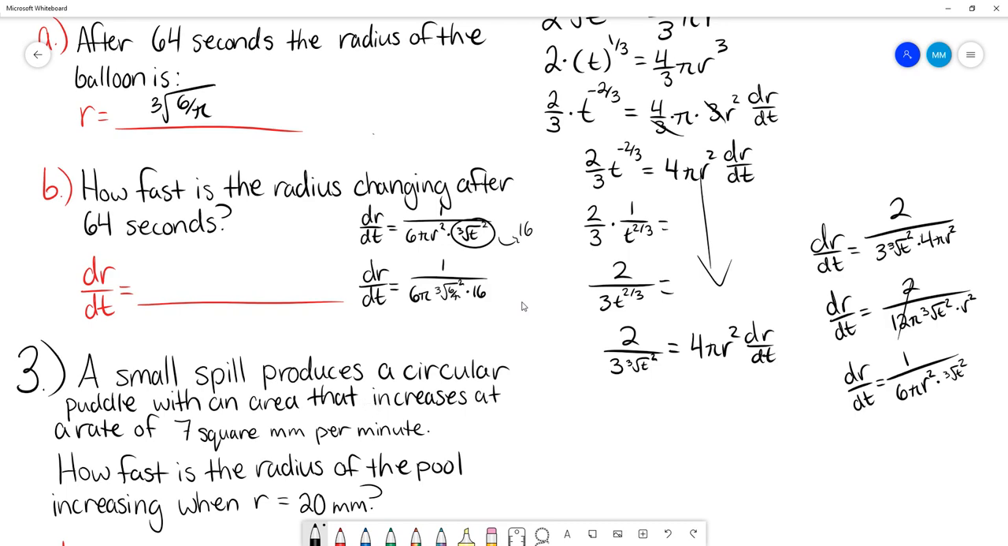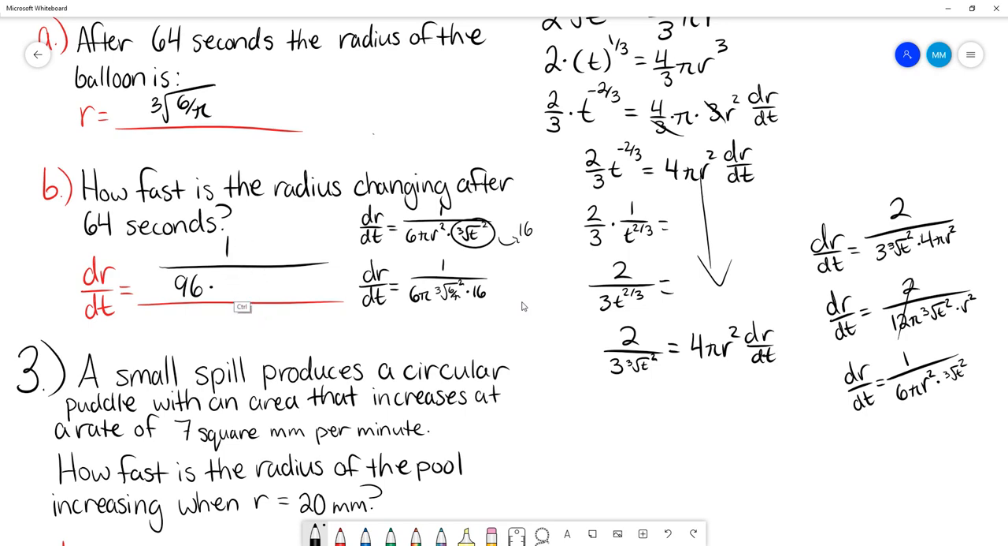And again, we'll just combine things. Let's see. 16 times 6 is... No, okay. So that's 60 plus 36, which is 96. So it's going to be 1 over 96 times the cube root of 6 over pi squared. Or